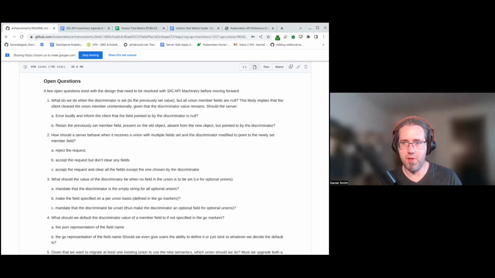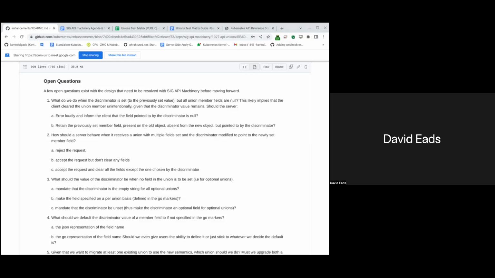If it's in an apply and they set the discriminator to the new value and they add the new value, but they don't clear the other thing because they don't know about it, I think the server-side apply logic should automatically clear when you do that. I agree. I don't know what the logic does, and I don't remember seeing it in this cap. We don't,